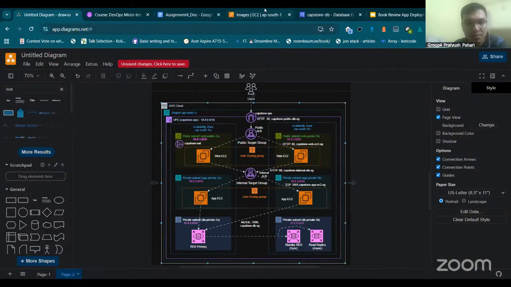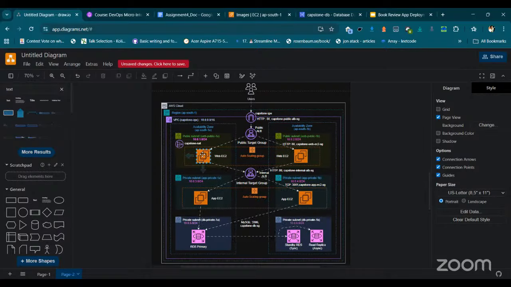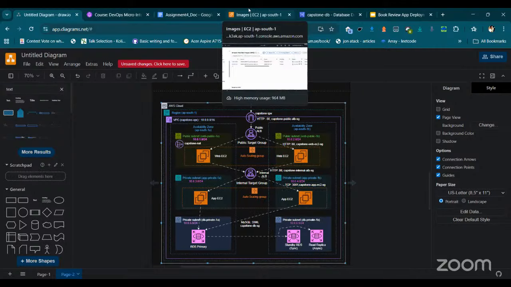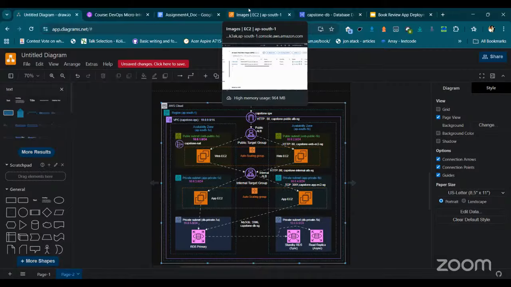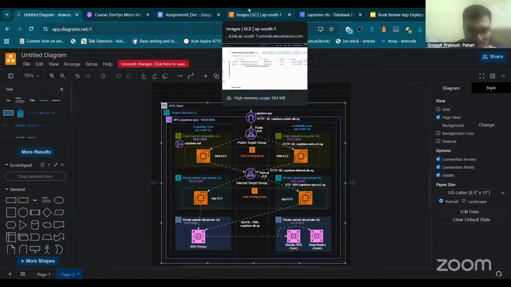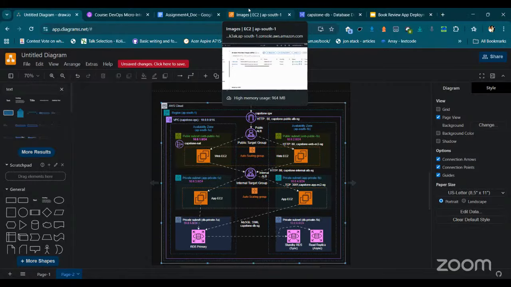What I'm asking is, in the private subnet there is an EC2, so it is taking the route from the internal load balancer, right? So you have given this internal load balancer's endpoint to this environment file, right? I'm asking, for this internal target group there is a load balancer, so this load balancer endpoint you have put in that env file. Inside the app EC2 instance env file, I have put the